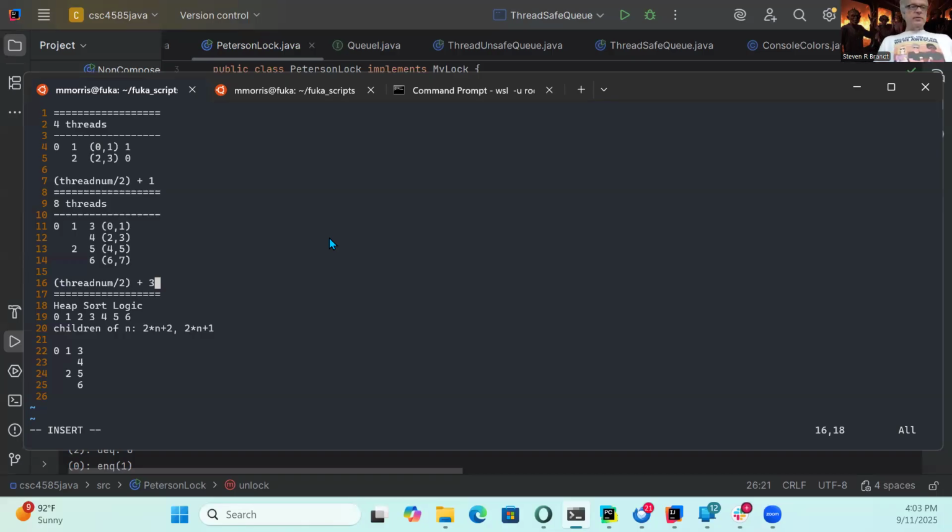So if I have a 7, 7 divided by 2 is how much? 3, right? +3 is 6, right? So that looks like that works. Okay. So here's what we've got: for 4 threads, we've got 1. For 8 threads, we've got 3. What happens when we go to 16 threads? Let's draw that out.